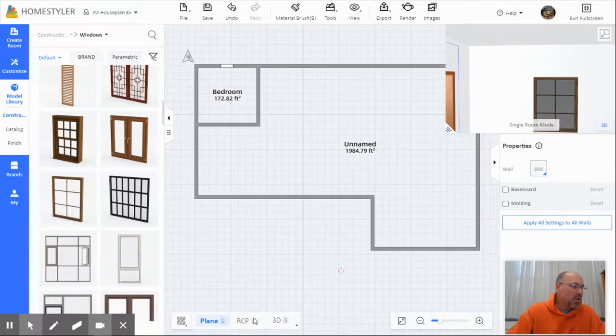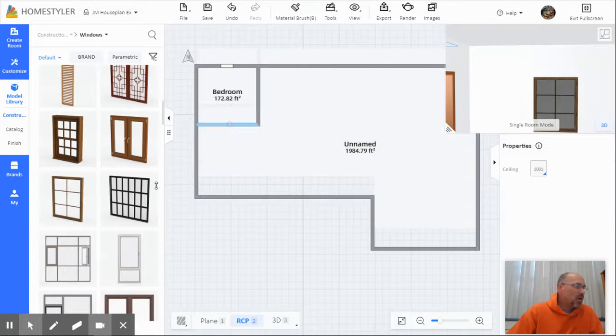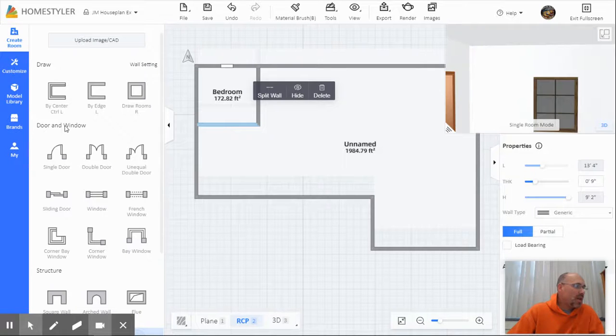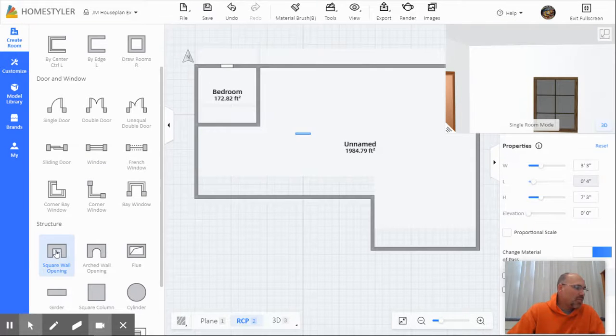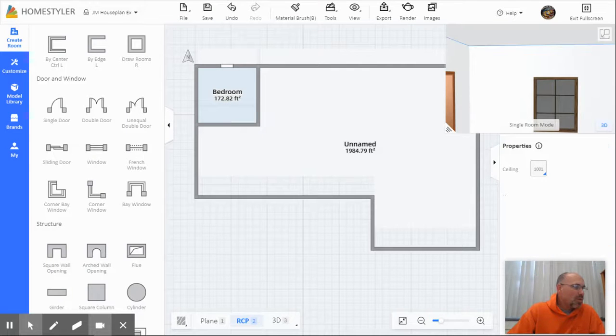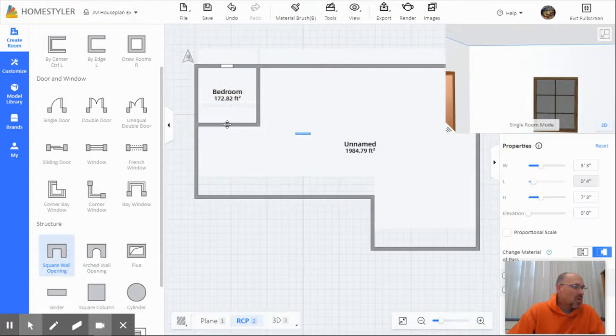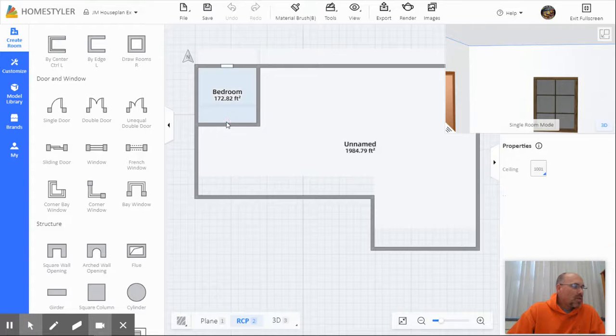Now, the other question was, right, what if you had a wall that had a square archway? Okay, so let me go back and show you that. If you had a square, like coming out of a dining room into a kitchen or a dining room into a living room, you will click on that square wall opening. You will click where it needs to go. Oopsies, clicked on the wrong spot. And then you will click,